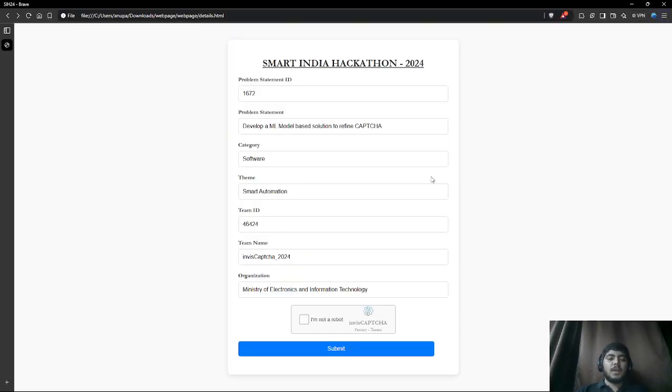Hello everyone, we are invisCaptcha. We are making a CAPTCHA model which acts passively in the background to detect whether the user is a bot or a human. And this project was floated in the Smart India Hackathon under the Ministry of Electronics and Information Technology. We are team ID 46424. Proceeding ahead,